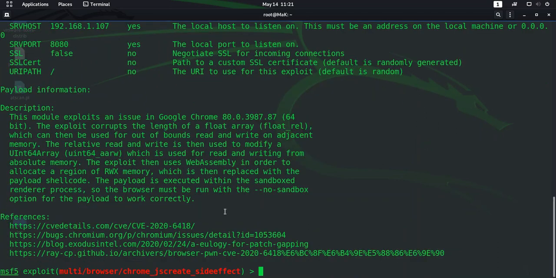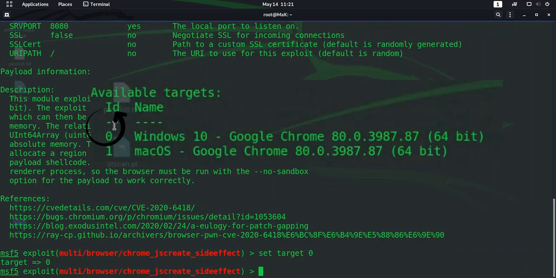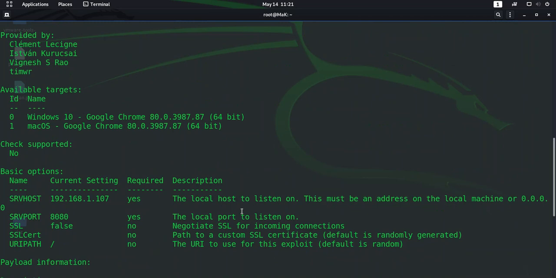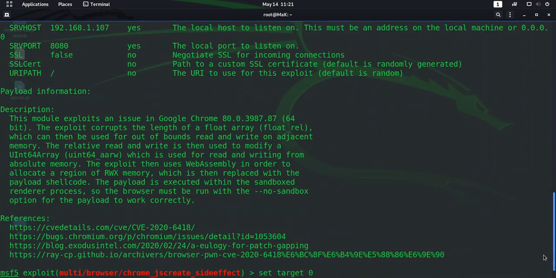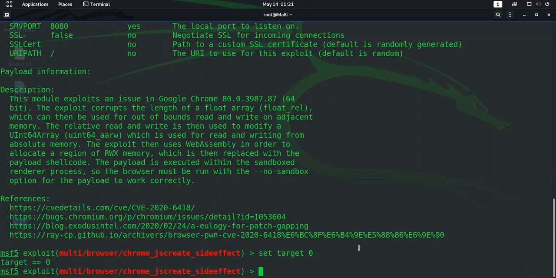So I'm going to demonstrate the Windows 10 one right here, but it also works perfectly on macOS. We have already set the options, so I'm going to set the target, which is basically 0 in this case. So everything is set. Yeah. So let's get started. Once everything is done, I'm going to exploit it.